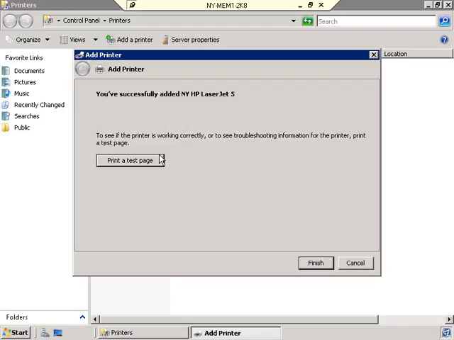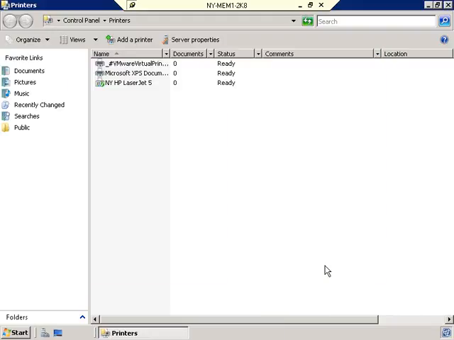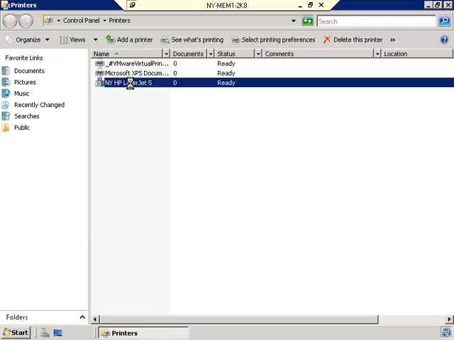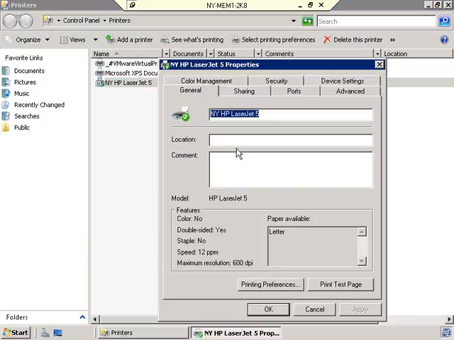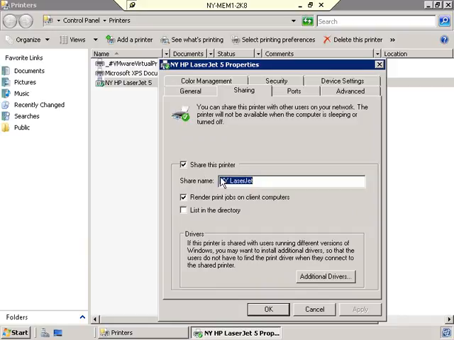Typically, if we had an actual physical print device, we would print a test page to prove that it's working. In this case, we don't have one, so I'm not going to bother printing this page and will click Finish. And you'll see that I now have New York HP LaserJet 5, and there are a couple of things that I want to show you. If I go into the Properties,